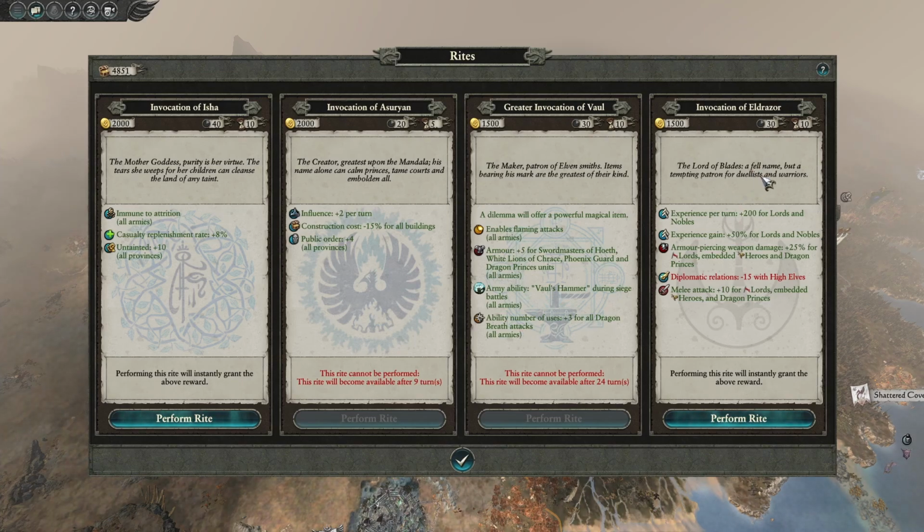Now, the Invocation of Eldrazor, this replaces the Invocation of Hoeth. The Invocation of Hoeth focuses a lot more on magic related things and bonus experience, like spell related things for casters and lore masters of Hoeth. Well, like I said, this faction is focused a little bit more on nobles, and so you can see that reflected here, right? This one gives you experience per turn for lords and nobles,